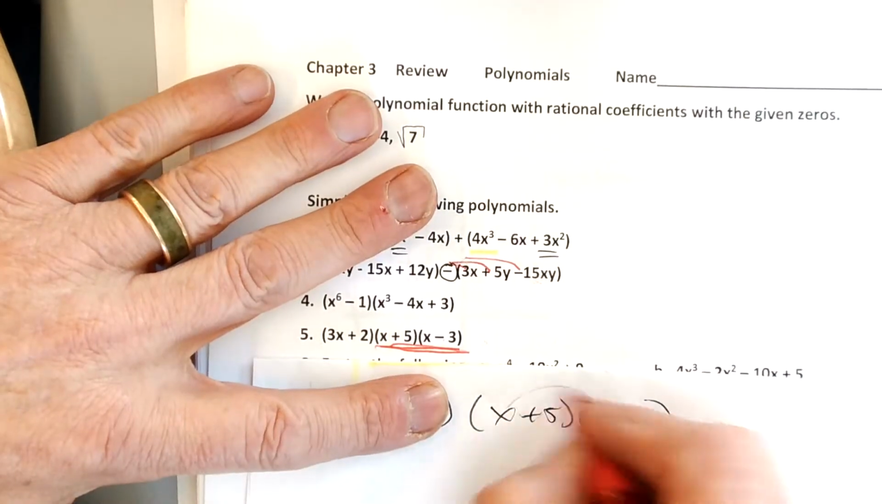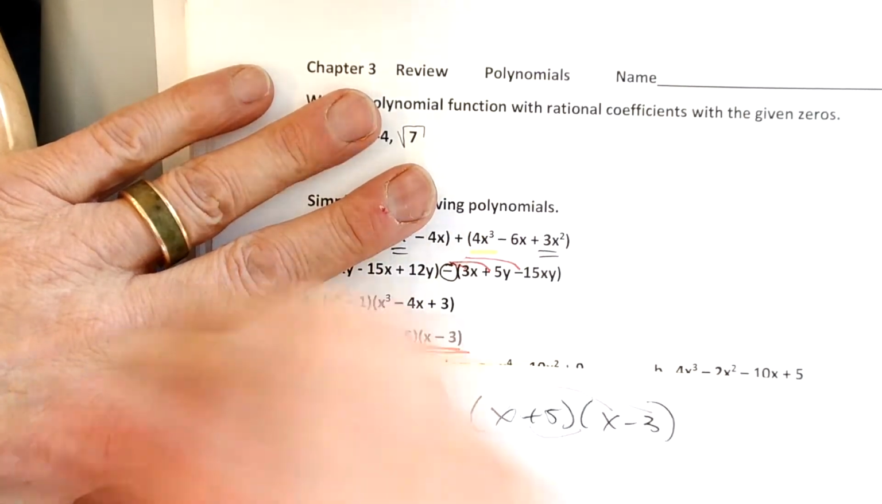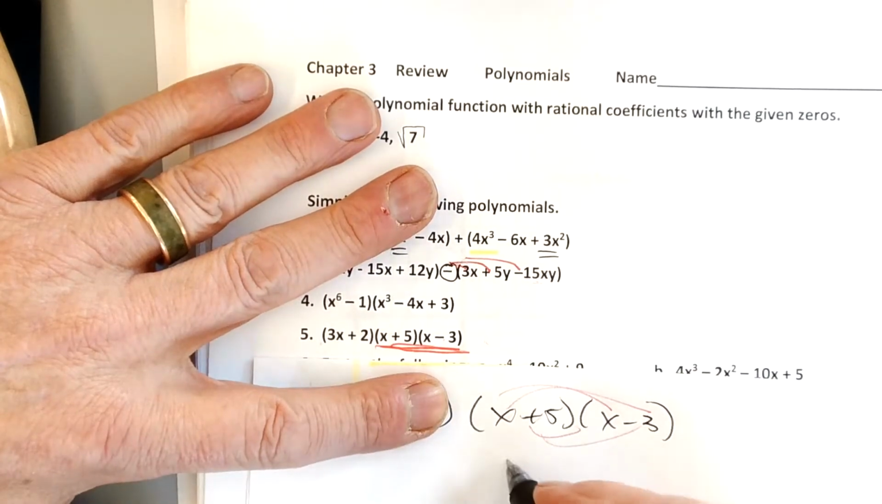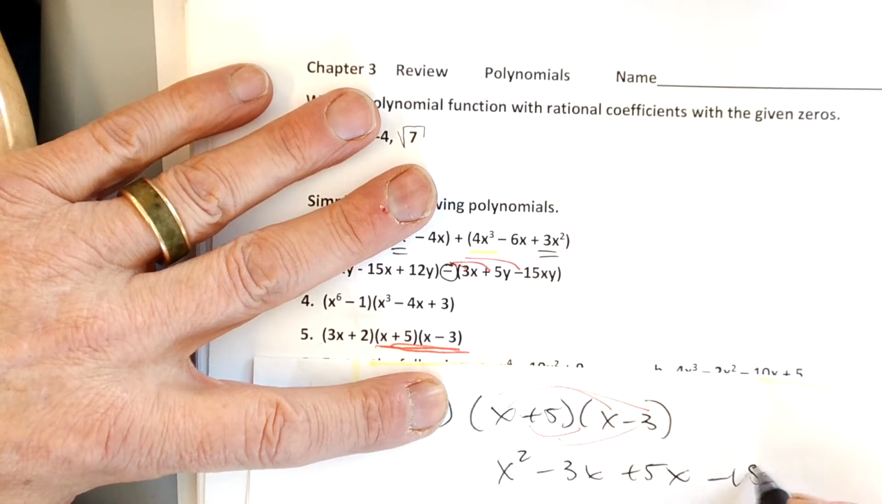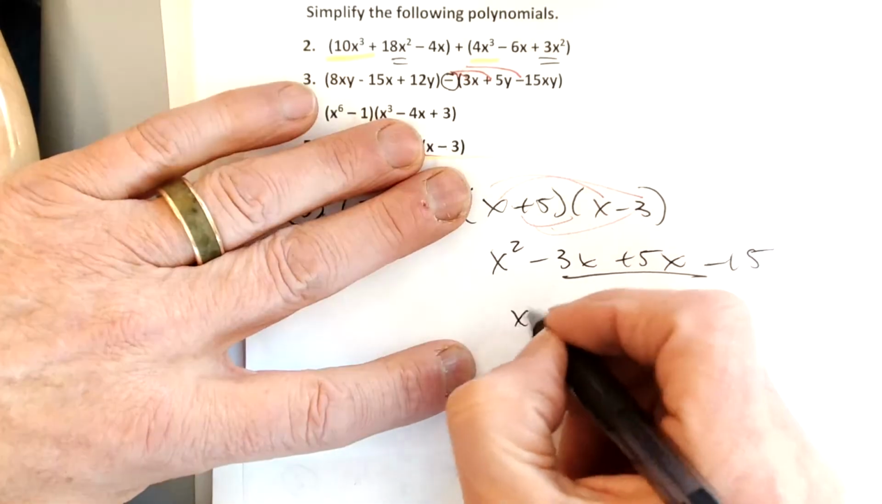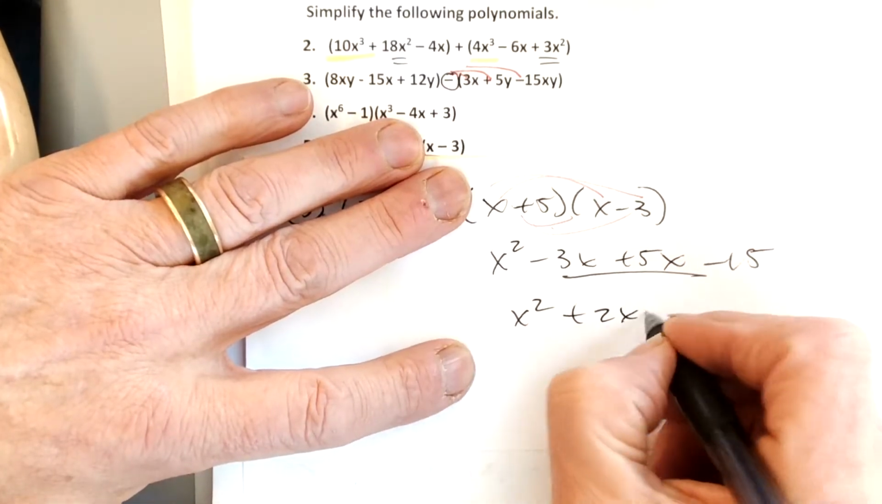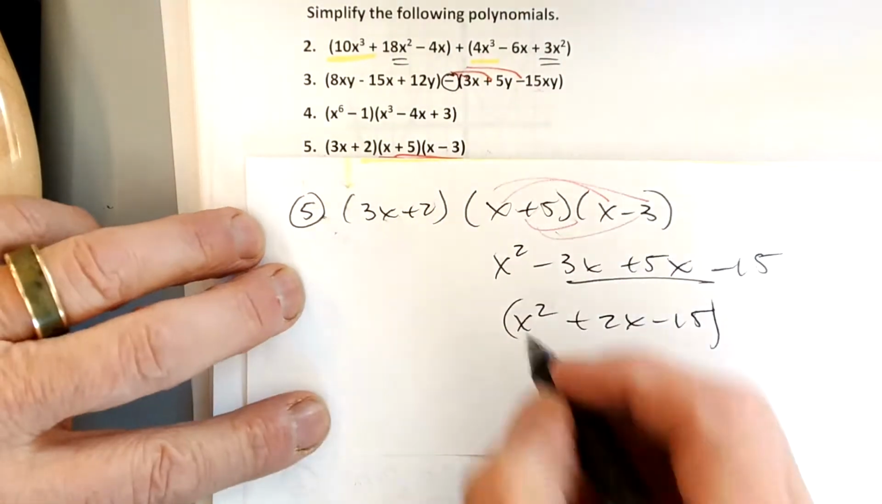But you know, we're going to FOIL. X times x, and so forth, so on, right? So I'm going to get an x squared, a minus 3x, a positive 5x, and a minus 15. And I combine those two, right? Combine those two. X squared plus 2x minus 15. Then I'll bring down this 3x plus 2,